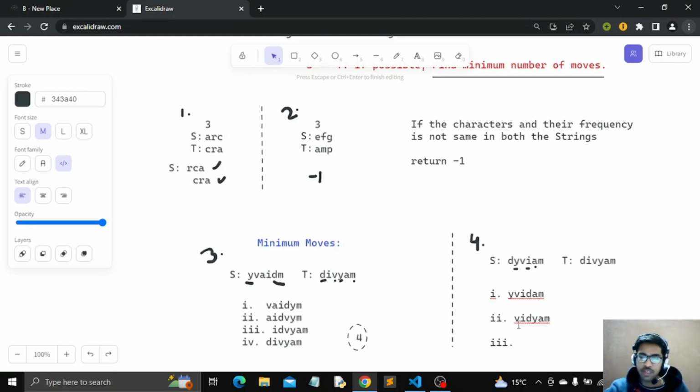and we will delete character v, and we'll place it between d and y, because in string t v comes between character d and y. As you can see, v comes between character d and y, so that's why our string will become